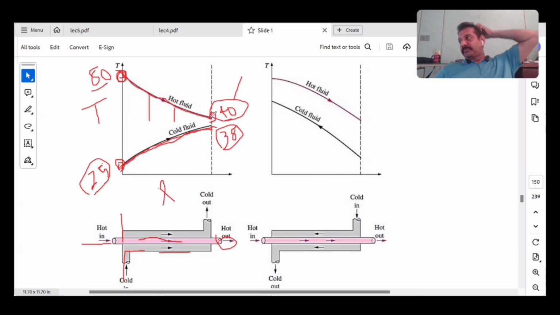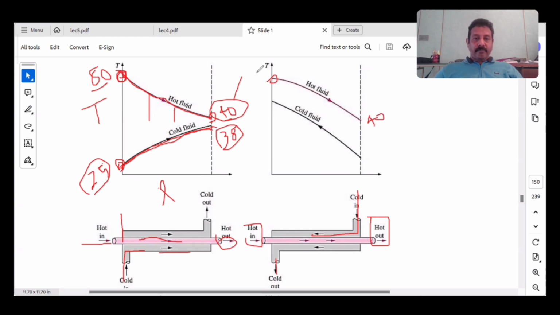Maximum எவ்வளவு temperature reach ஆகும்? 40 degrees தானே reach பண்ண முடியும். ரைட்? பட் இதுல பாருங்க, கவுண்டர் கரண்ட்ல ஜஸ்ட் லுக் இன்டு கவுண்டர். ஹாட் ஃப்ளூயிட் இங்க என்டர் ஆகுது, ஹாட் ஃப்ளூயிட் இங்க வெளில வருது. கோல்டு ஃப்ளூயிட் ஆப்போசிட் டைரக்ஷன்ல என்டர் ஆகுது, இப்படி வருது. அண்ட் கோல்டு ஃப்ளூயிட் இங்க வெளில வருது. இதே டெம்பரேச்சர் வச்சுக்கோங்க. ஹாட் ஃப்ளூயிடோட டெம்பரேச்சர் 80 degrees, it becomes 40 degrees when it comes out. Right? ரைட்டா? இது 80. ஓகே, 80 degrees.